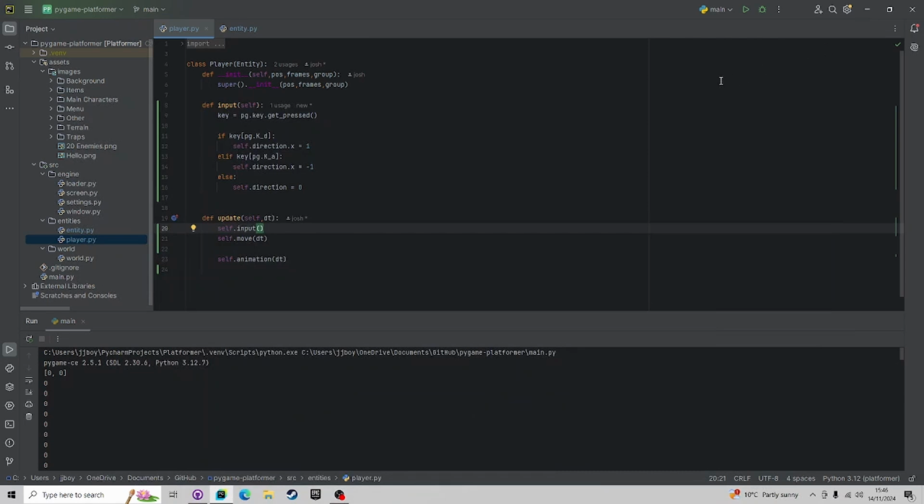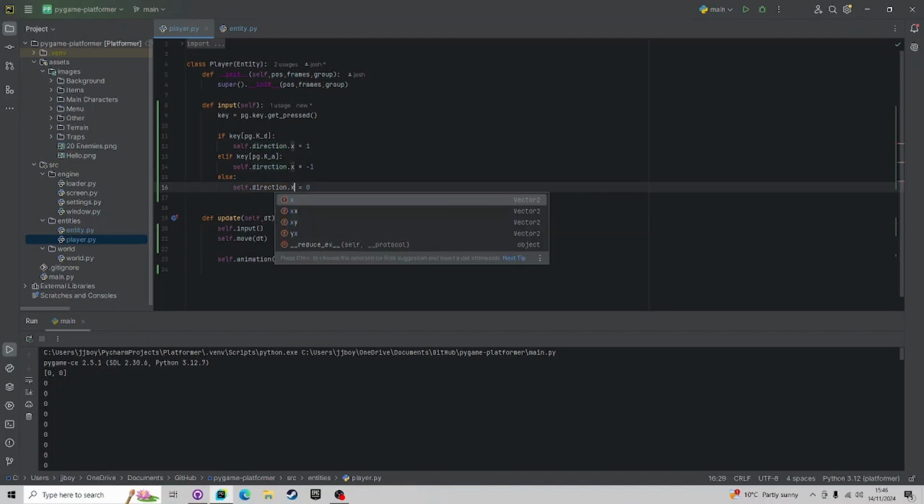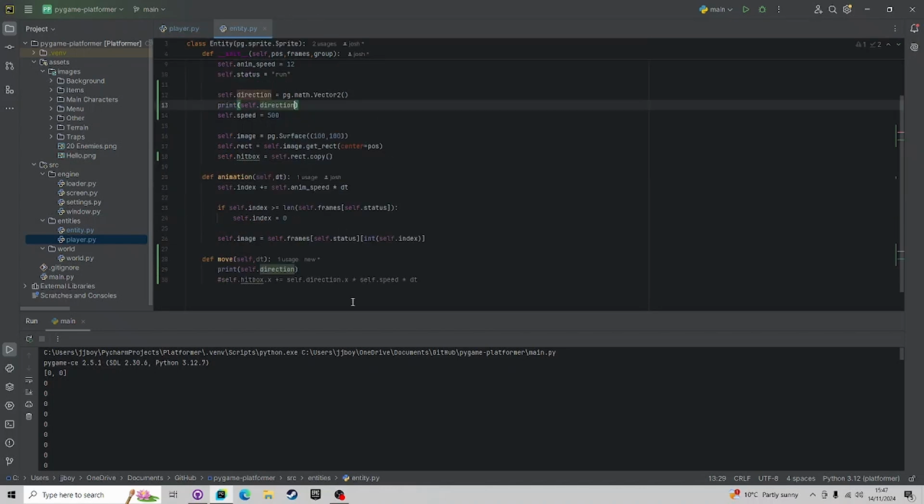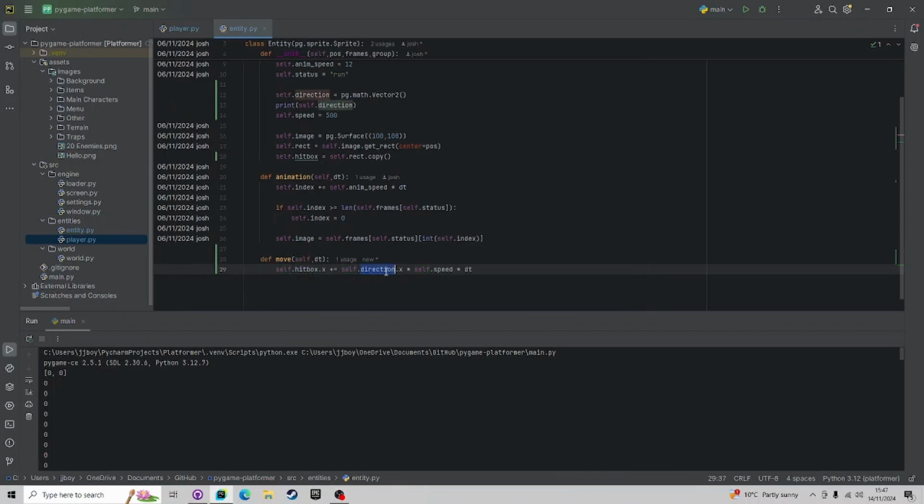Okay guys, so I made a mistake. When we are changing the inputs, if we're not pressing anything, we need to make sure to set the X position to 0. That's where the error is. So this is right. Don't worry, nothing is wrong, even though it said the error is here. It kind of is, because we're setting the direction to 0 when it should be a